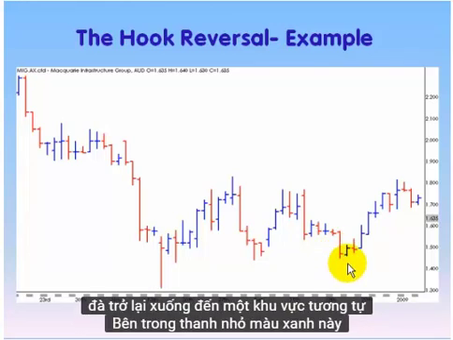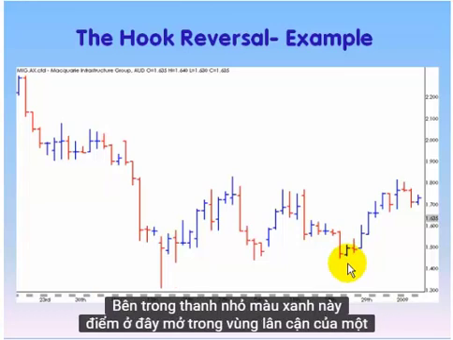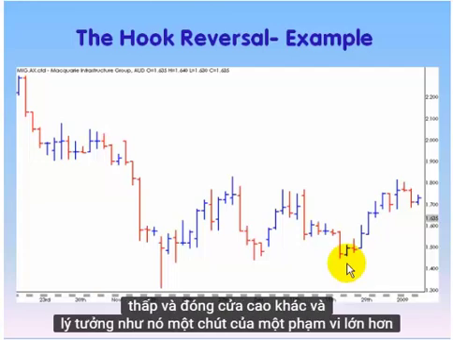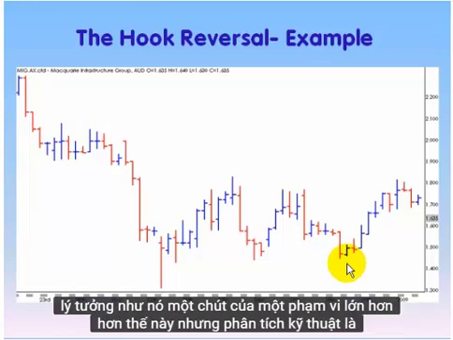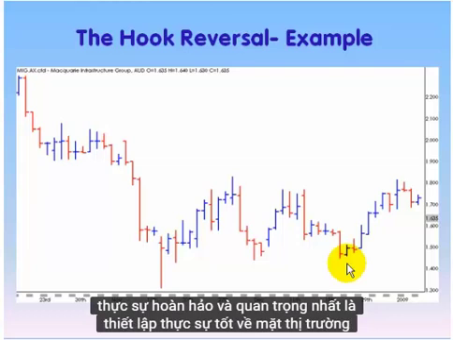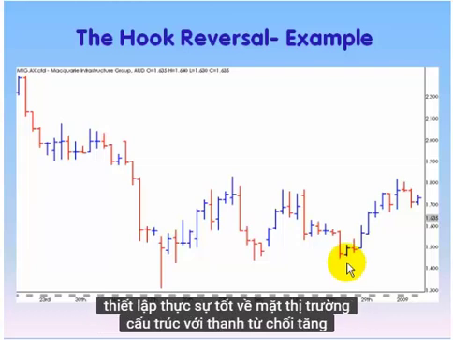An inside bar, the little blue one at this point here, opening in the vicinity of the low and closing near the high. I'd ideally like it a bit of a larger range than this, but technical analysis is rarely perfect, and most importantly it's set up really well in terms of market structure,